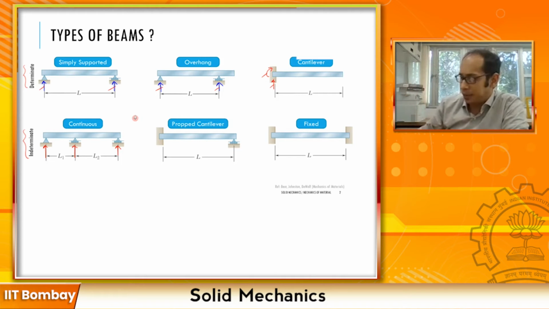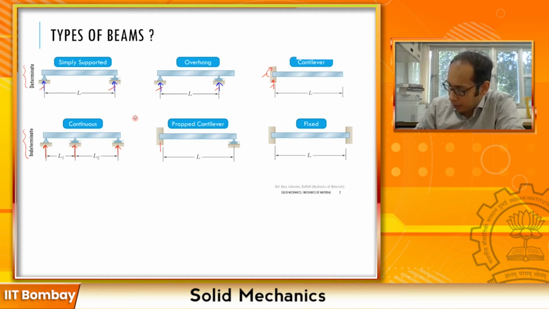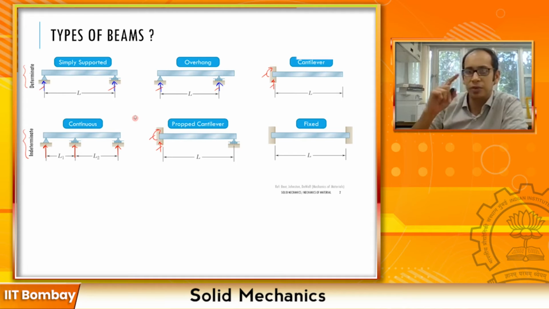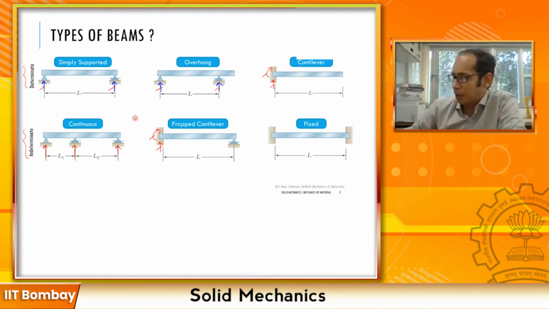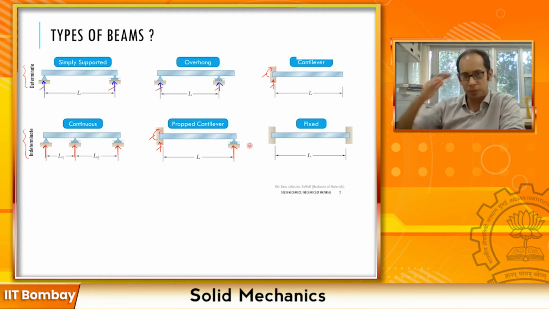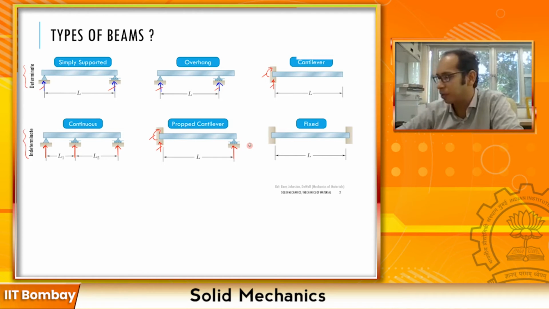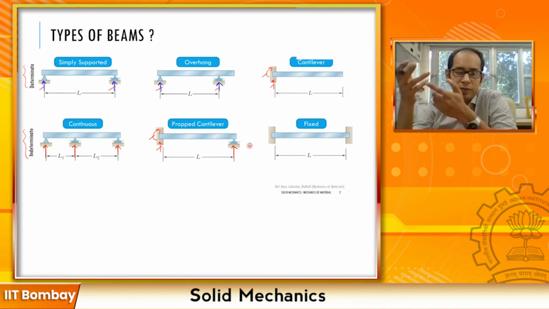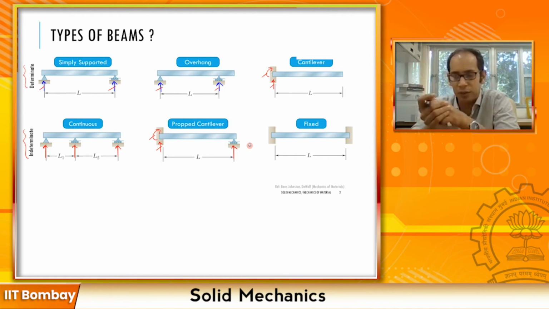And for the propped cantilever as well, as you can see, at the cantilever end you will have a similar kind of reactions as you had seen earlier. You will have a vertical reaction and a bending moment. But at this roller end you will have just one reaction. Remember, rollers or pin supports cannot take bending moments because they allow for a rotation at that particular end. But here as well, you have three unknowns but two equations of equilibrium. You need one extra equation for solving these kinds of problems.